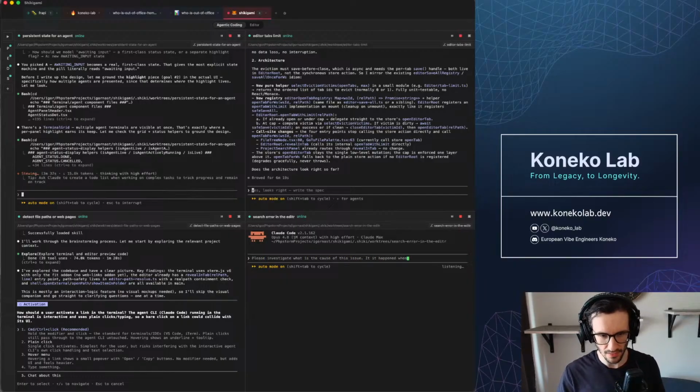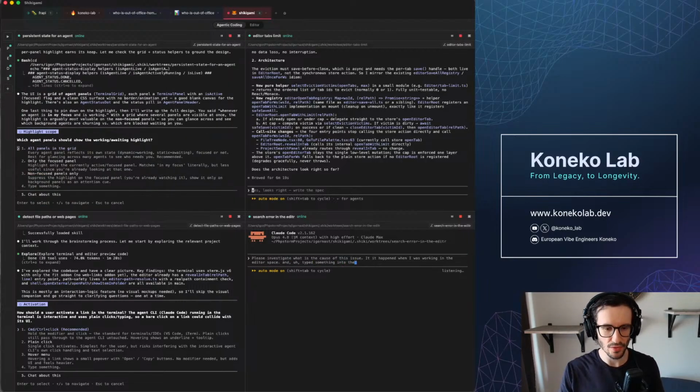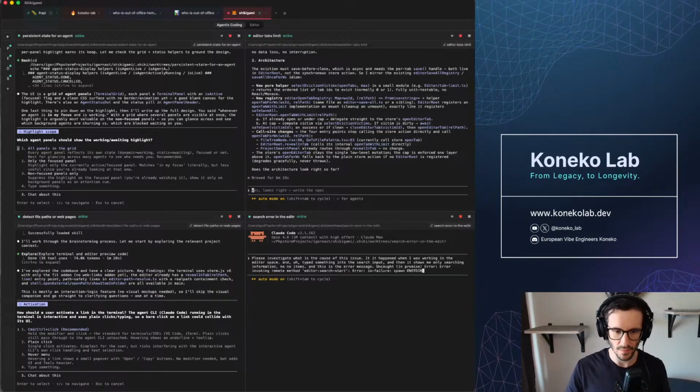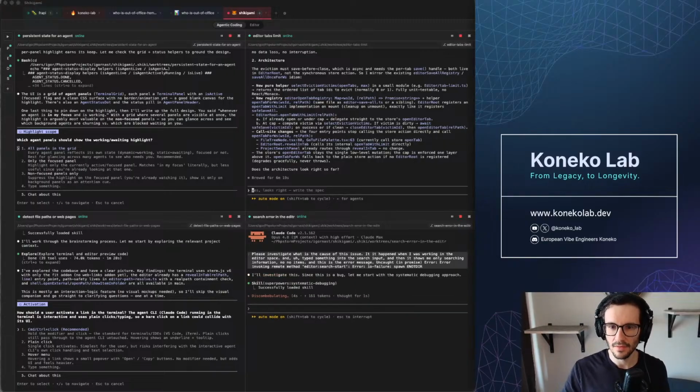It happened when I was working in the editor space and typed something into the search input, and then it shows me only searching information, no items. And this is the error message. So I've pasted it in, and let's give it some time. And I am moving this into in progress.